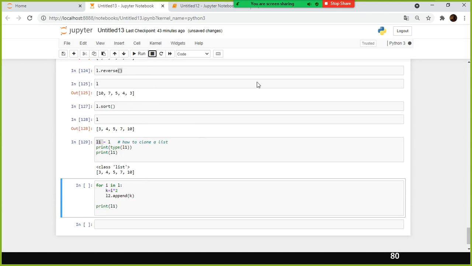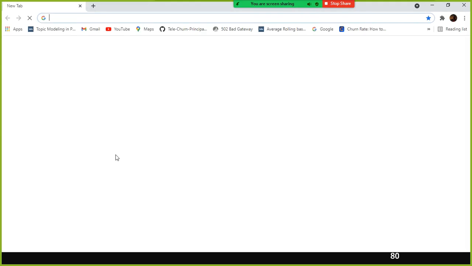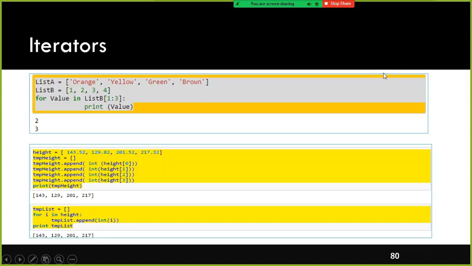Interrupting kernel should go away. It went away. Fine. So now connected. Okay. Now I'm going to start executing this one. Okay, let me do one thing. Instead of this, I will go to, it is hanging here. I will go to this one. My system itself is hanging. I'll just close this PowerPoint.